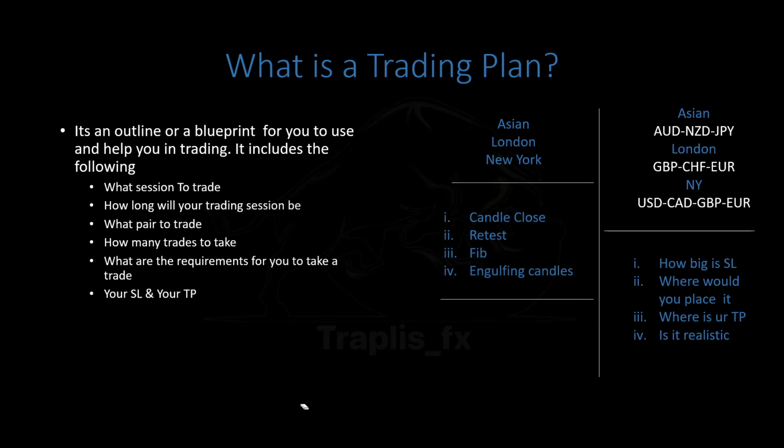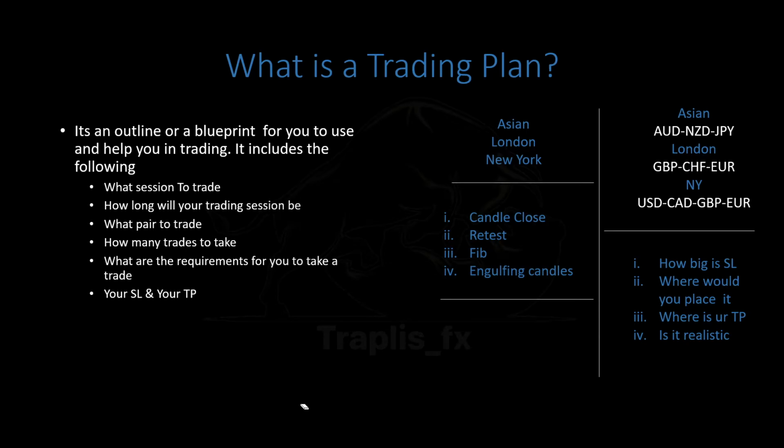So basically, when you see a setup you want to trade, you have to look at the stop loss. How big is it going to be? And then, are you willing to place it? So basically, let's say your stop loss is at 30 pips. Are you okay with it being at 30 pips, or do you think you can just let this trade go and look for a better setup that has a better risk management factor in it?